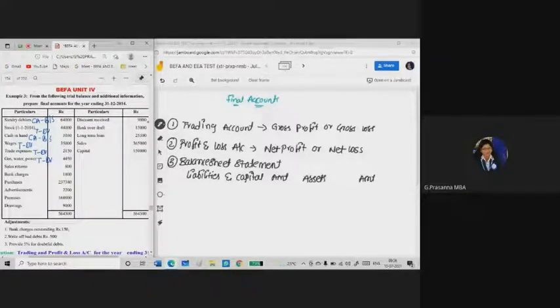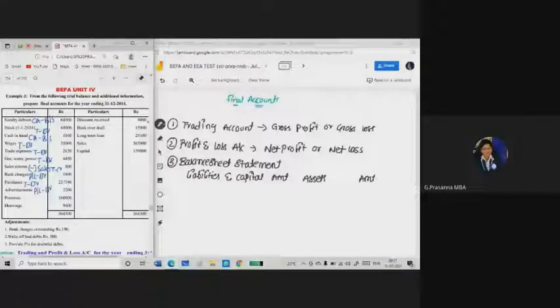So here he has given sales return. Sales return means minus from sales, in the trading account credit side, because we are showing sales on the credit side of the trading account. Bank charges are an expenditure to you, so all the expenditure should be shown in the P&L account debit. So I am writing here P&L account debit. Purchases are related with the trading account, you need to show them in the trading account debit side. Advertisement is an expenditure, so you have to show it in the P&L account debit side.